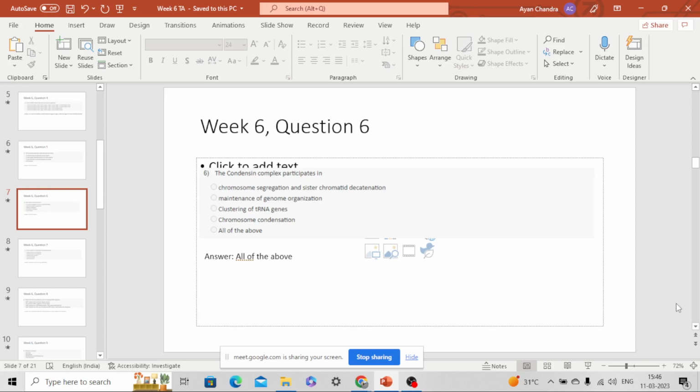That is the wild type phenotype of segregation. For proper segregation, this tRNA gene clustering is required so that all of the tRNA genes will be segregated in a single cluster. And condensin was found to have a role in the clustering of this tRNA gene, to maintain the cluster of the tRNA genes. The fourth option, I think you know, is that the condensation complex of course has a role in chromosomal condensation. So all of these options are true. So the answer is all of the above.